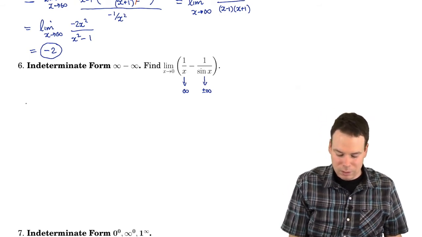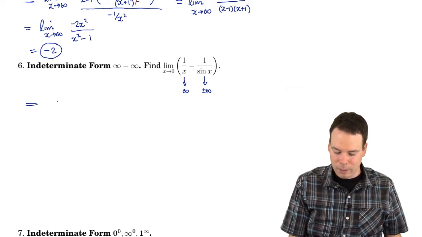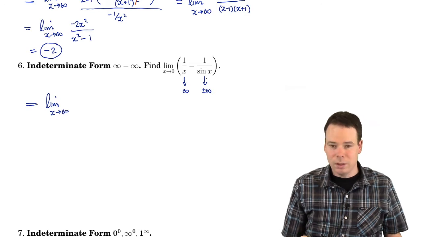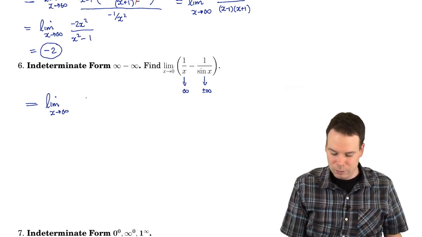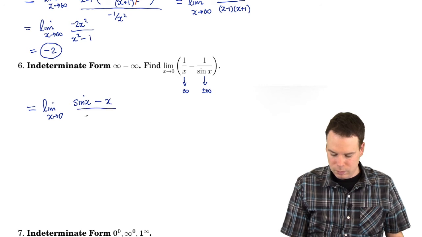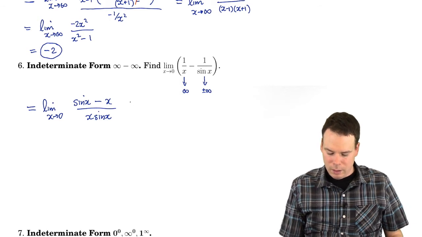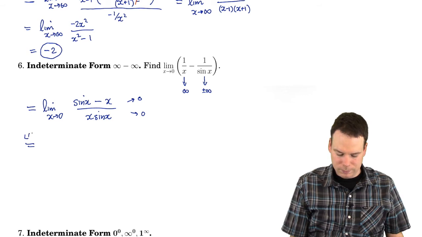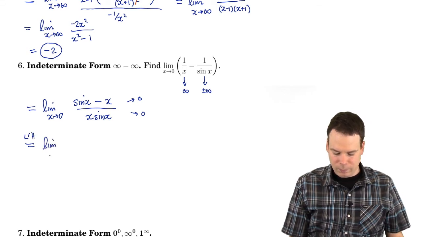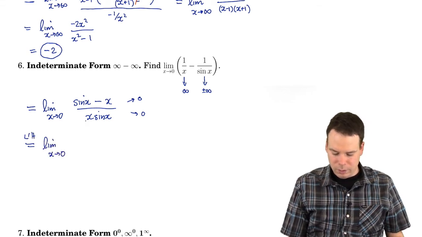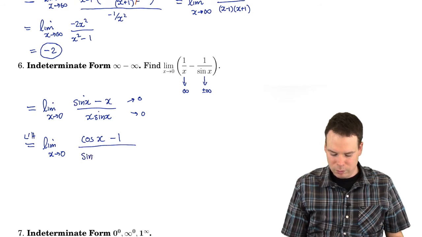So we need to try to see if we can get L'Hopital's rule to apply here. The first thing to do is, instead of looking at it as a difference, try to look at it as a quotient, so we can apply L'Hopital's rule. So I write the difference as a quotient now, and it's of type 0 over 0, so we can apply L'Hopital's rule. So that's the limit as x goes to 0 of the derivative of the top, which is cos x minus 1. For the derivative of the bottom, I have to use the product rule, so that's sine x